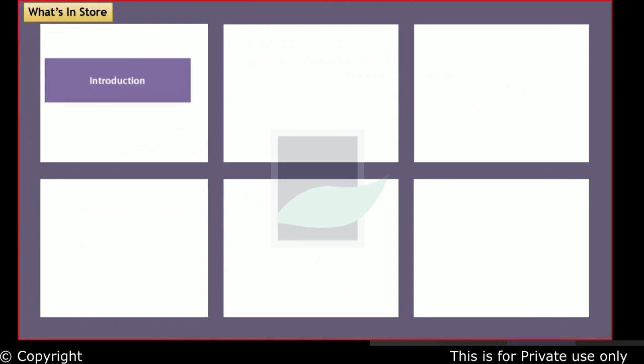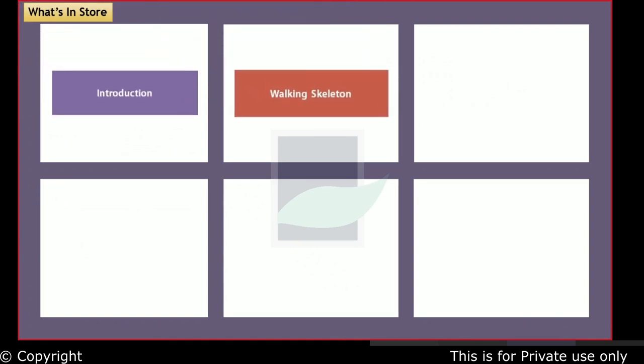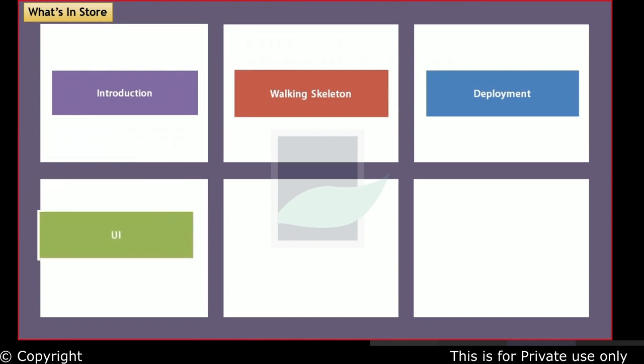That's about the versions. So what are the different things? A walking skeleton, an introduction, a walking skeleton, deployment. We'll also speak about how to deploy our application. Once we're done with development, the next thing is deployment. What is the best way of deploying our application, and what are the different ways, not just one way, of deploying your application? We'll speak about that too.